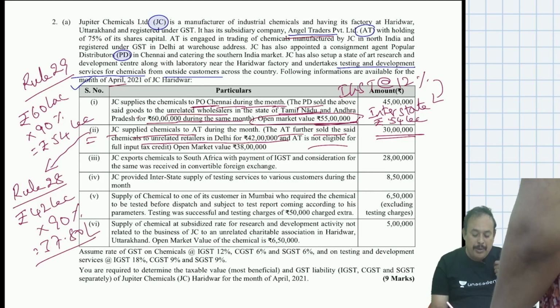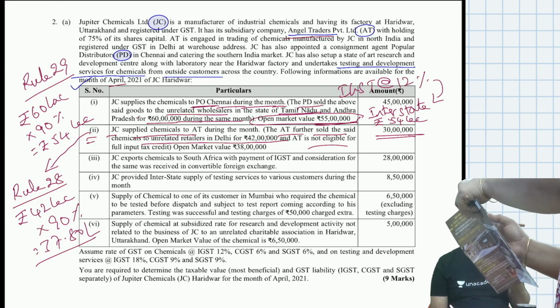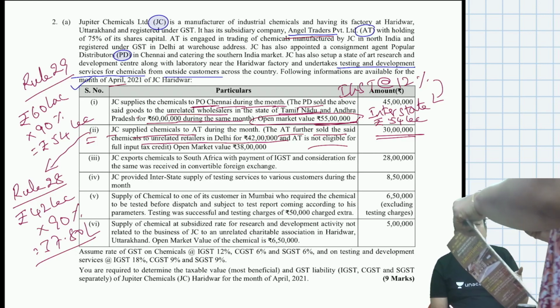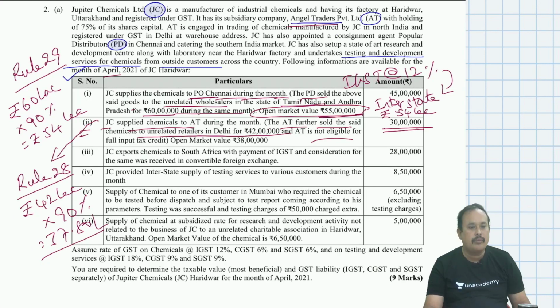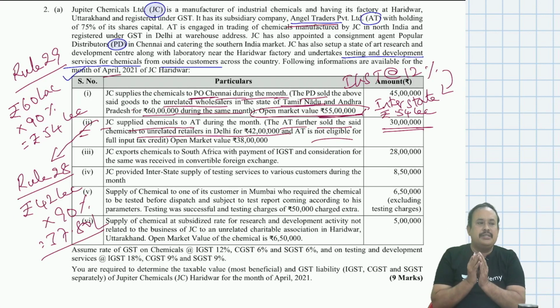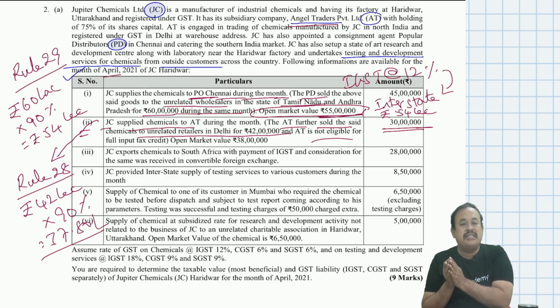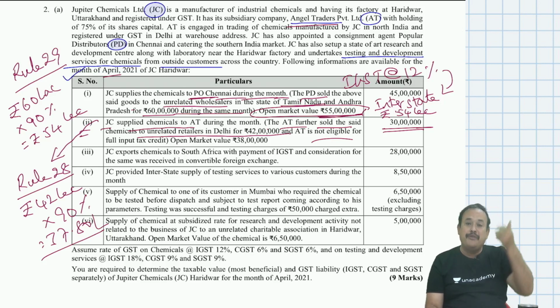So open market value 38 lakh. So better to go with proviso to. So my dear friends, as per rule number 28, supply between related parties or distinct persons, rule number 28A, open market value is the final. Or at the option of the supplier, proviso to rule number 28, where 90% of the value at which the